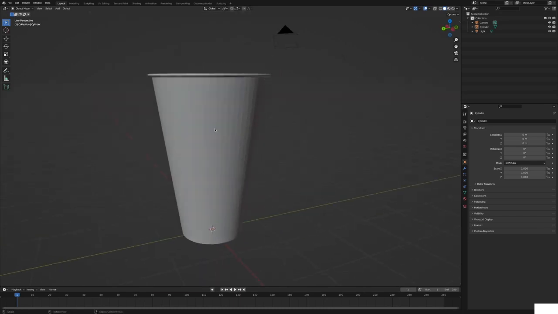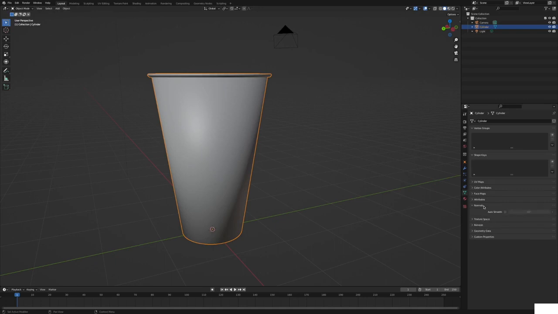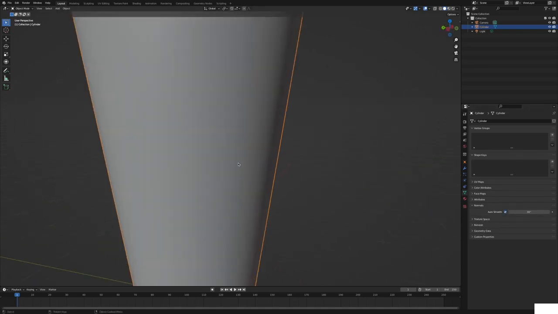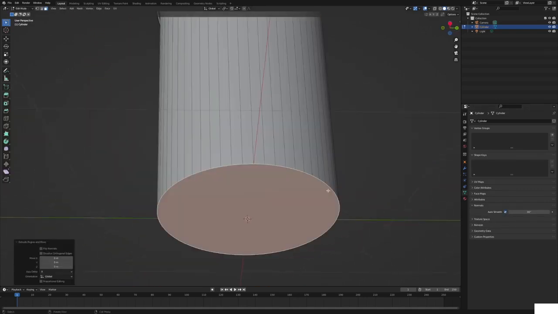That has something to do with the shading. We can fix that by right-clicking and picking Shade Smooth. And you can see it fixed it somewhat, but it's still a bit wild. We go to the object data properties on the right under normal and go for auto smooth, and we no longer have the problem. So at the bottom, we want our face to go up a little bit, like inside